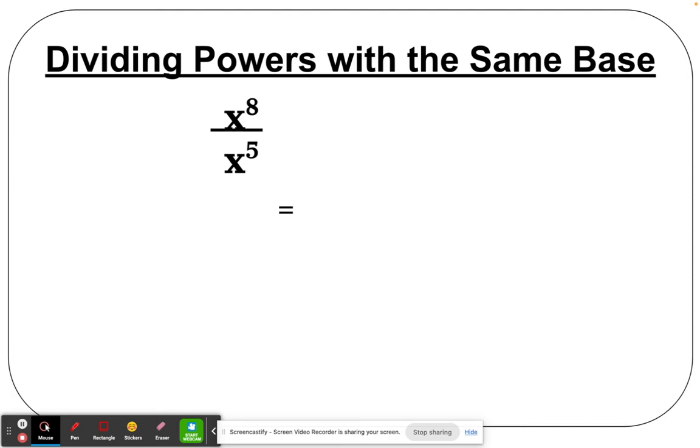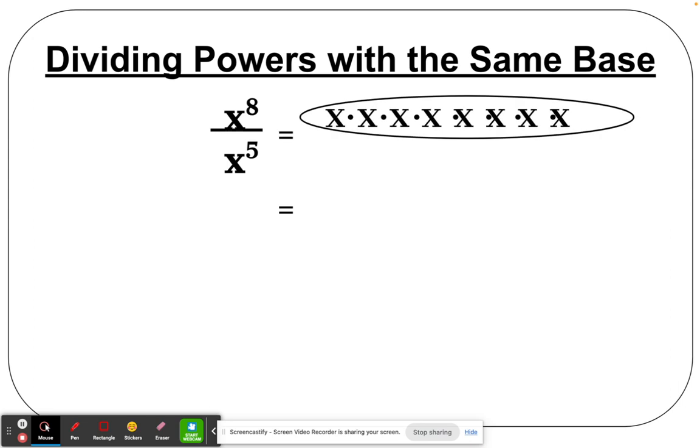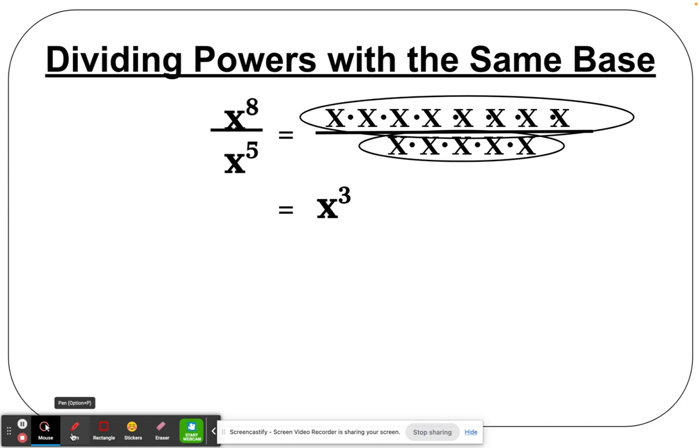So remember, when you divide exponents with the same base, x to the 8th power over x to the 5th power is the same as x times x times x times x times x times x times x times x over x times x times x times x times x. We can cancel out a number of those x's, and you'll see that we are left with x to the 3rd power, because